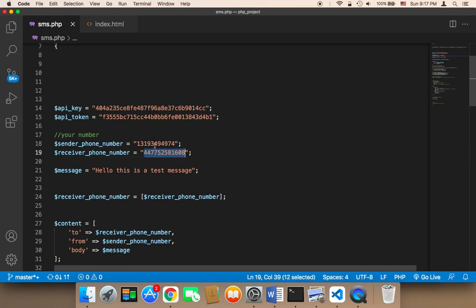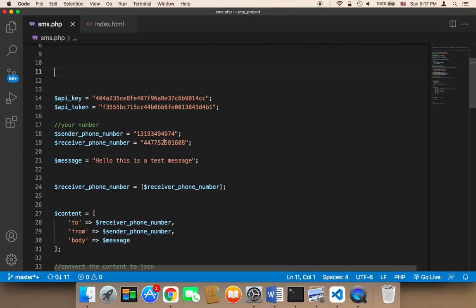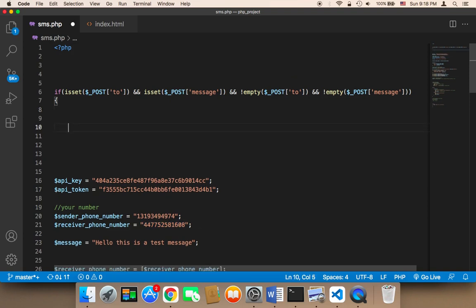So instead of hard coding this number, we need to get the phone number from the form, the receiver phone number from the form, because here it's hard coded. So I'm gonna remove this. I'm gonna first get the recipient. I'm gonna say form recipient phone. It's gonna be equal to